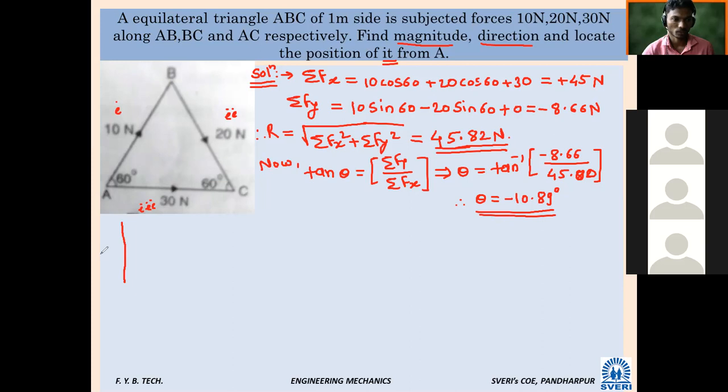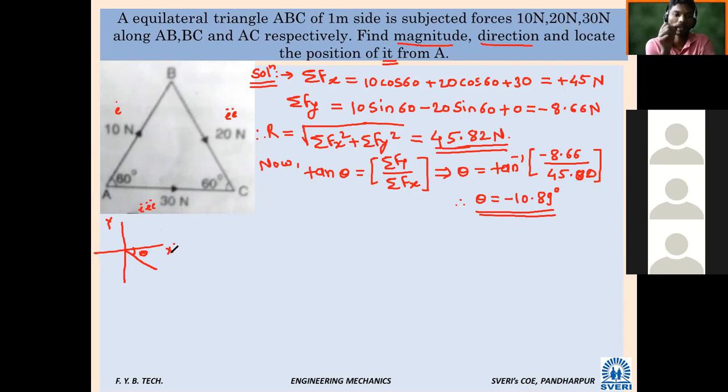We have to check against the small things. If I say this is y and this is x, is the angle theta minus or plus? Minus. So whether I have to take clockwise or anti-clockwise? Clockwise. So clockwise it will come something like this, so here theta. Now, next, what we have to show?